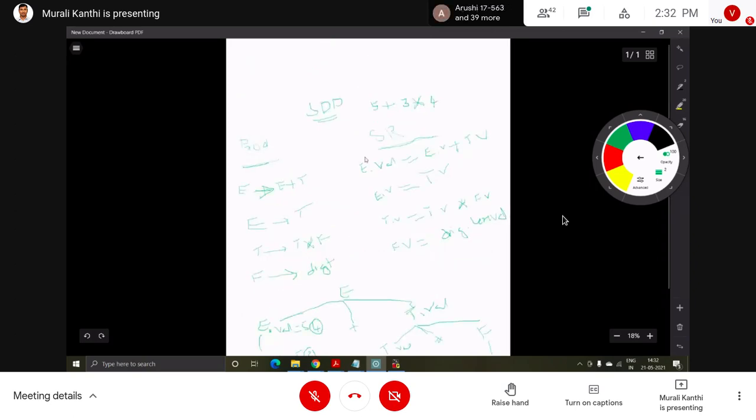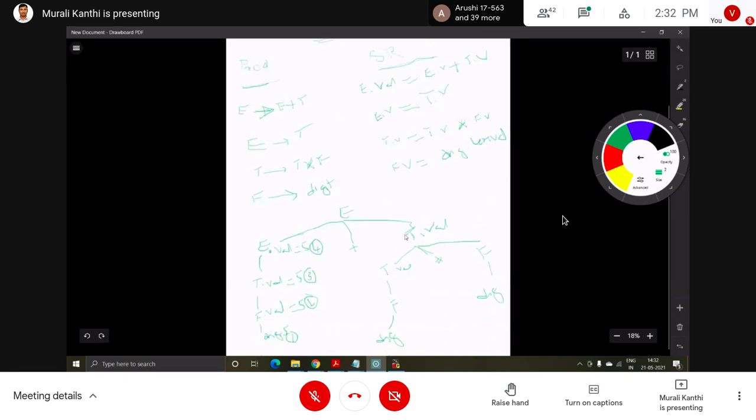3. So after plus, we have to go to that depth, the right hand side depth. So digit. So now here 3 is taken. So this is the fifth operation. Now this is given to F. It is a synthesized attribute. 3 is given. Now it is called the sixth operation. So now giving this 3 to its parent. So that is, 3 is given. Now it is the 7th operation.